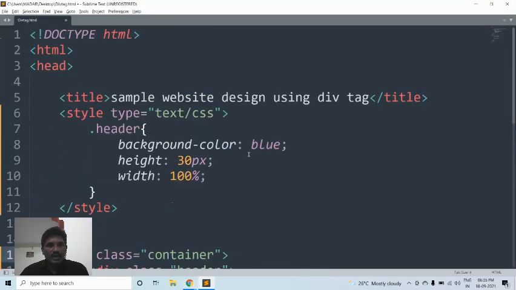In today's class, I am going to explain about the sample website design using the division tag, and how it is possible to design any kind of web page using the division tag. Then I will show you with the help of an example how to design a horizontal navigation bar. As per that, you can also create the vertical navigation bar. In today's class, I am going to design the web page with horizontal navigation. How should we create the menus or horizontal navigation bar?